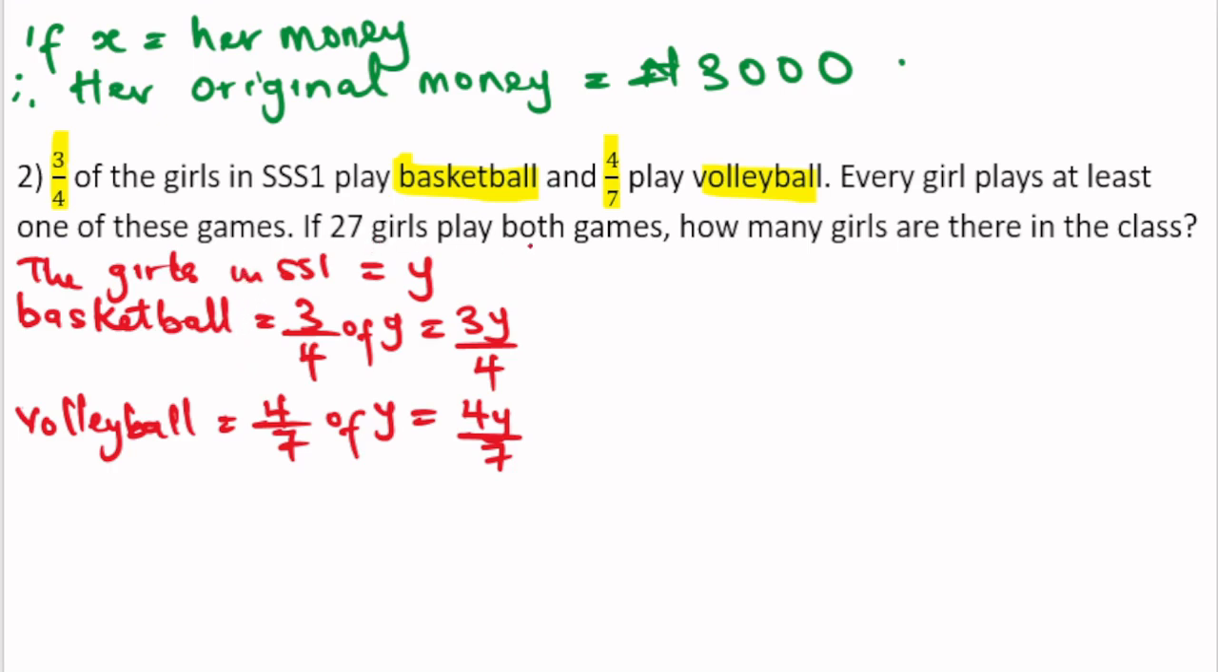So if 27 girls play both games, that's both volleyball and basketball, 27 girls played both games. So how many girls are there in the class? What we are looking for is the total number of girls in SS1, which is Y. So the next thing we're going to do is, with this information we brought out, put them into a mathematical expression. So it should be girls in SS1